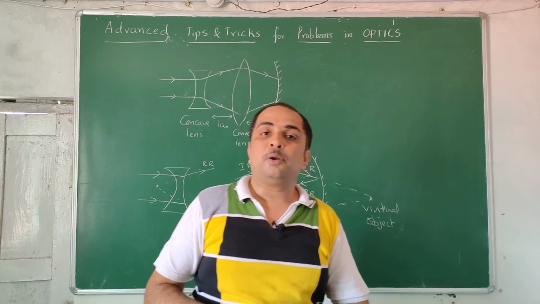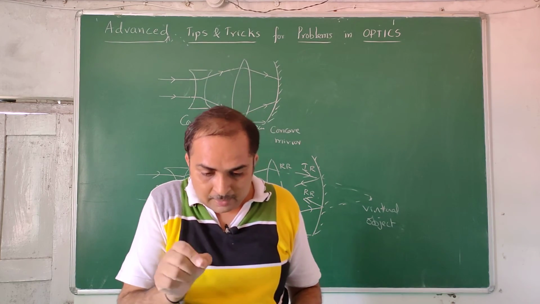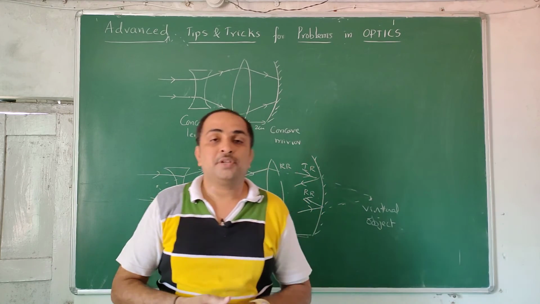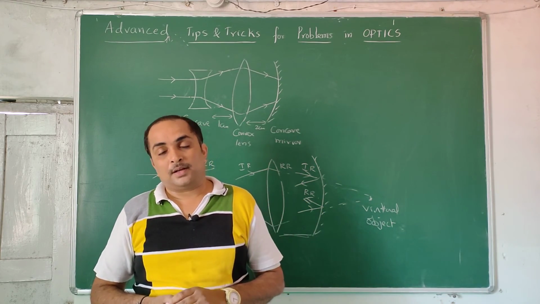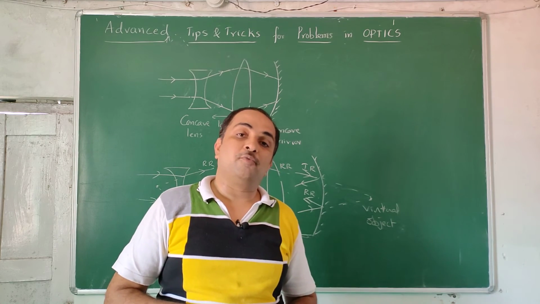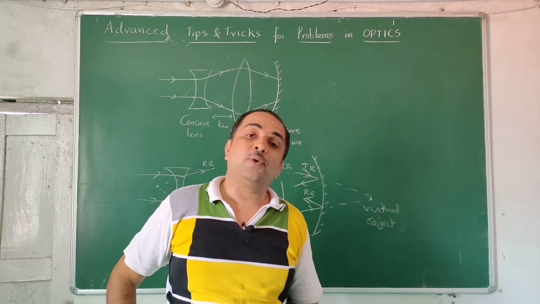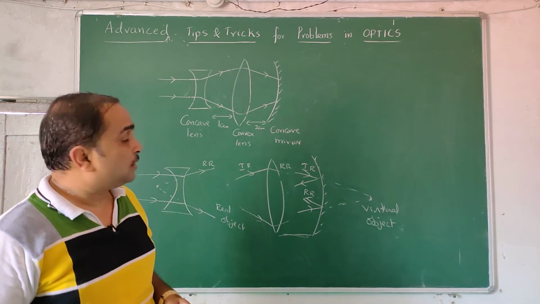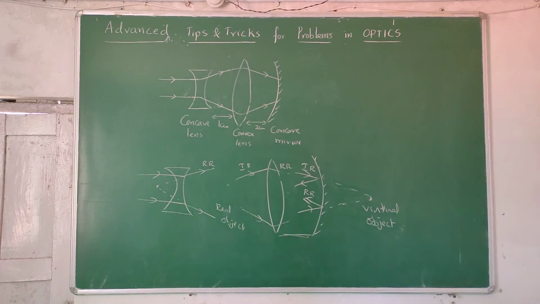When you are doing this kind of typical problem, you don't have time to write 1 by v minus 1 by u and take one term to the other side. Very quickly, using m is equal to f by f plus u, or f by f minus u, you have to come to a conclusion and then an answer. This is important. Advanced level problems will be like that, where the same principles are used repeatedly for multiple optical elements. Incident rays become reflected rays, which become incident rays for the next element.